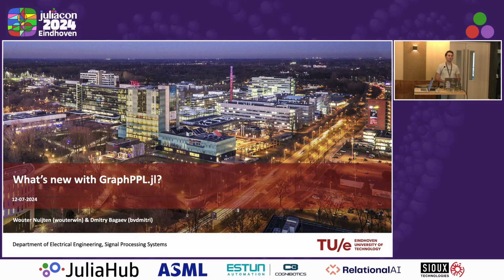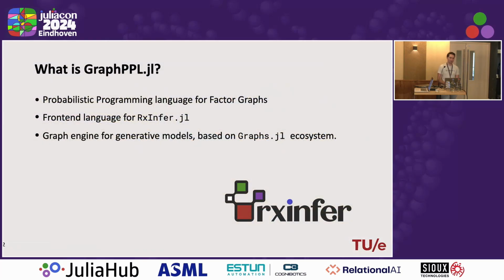I am a PhD student here at the University of Eindhoven, and I'm going to present to you what's new with GraphPPL.jl. So first, let's talk about what is GraphPPL.jl. I'm going to piggyback off of Bert's keynote this morning. GraphPPL is a probabilistic programming language used in the RxInfer Bayesian inference ecosystem. It is the front-end domain-specific language for the RxInfer inference engine, and it is a language for specifying probabilistic graphical